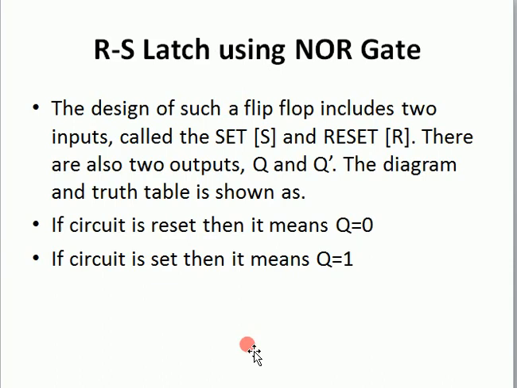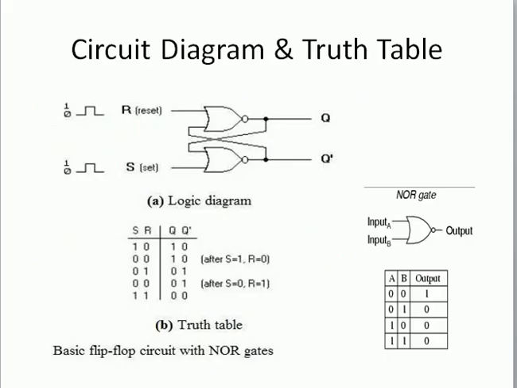So, RS latch using NOR gate. Here, previously I said SR latch, and here I have written RS latch using NOR gate. Remember this: why am I writing it as RS? Because whenever we are using the NOR gate, I will explain the circuit diagram later, but simply remember this one thing. When we are using the NOR gate for the RS latch, the upper input is R and the lower is S. That's why, when we are using the NOR gate, we write RS latch for our convenience.